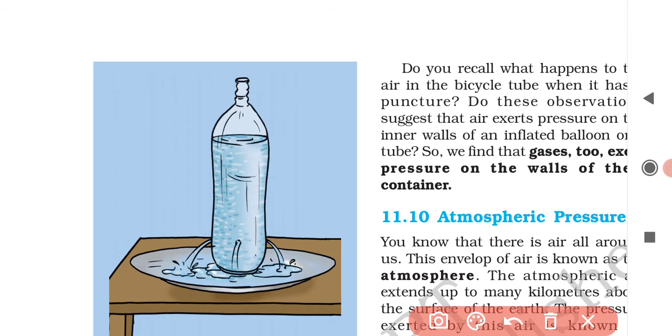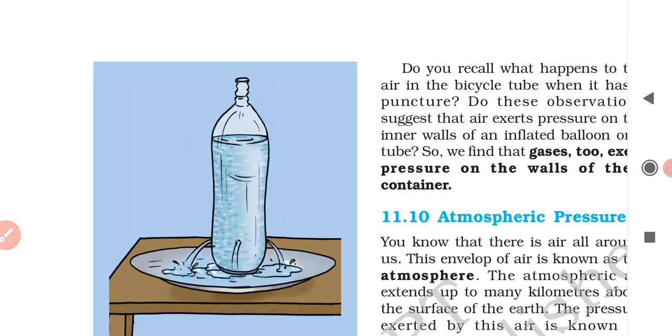The distance of the holes should be the same from the bottom. Clear? The distance of the holes should be the same from the bottom of the bottle, and the holes should also be exactly at the same height from the bottom